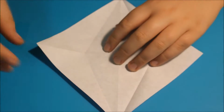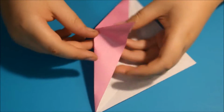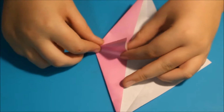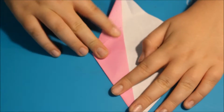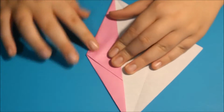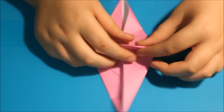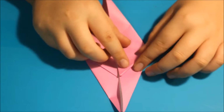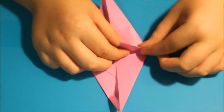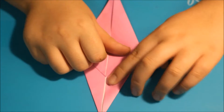Okay. So now that you have that done, you're going to fold both the creases on one side. Fold it and fold it over down there. Okay. Then do the same thing here. Okay, so now that you have that,